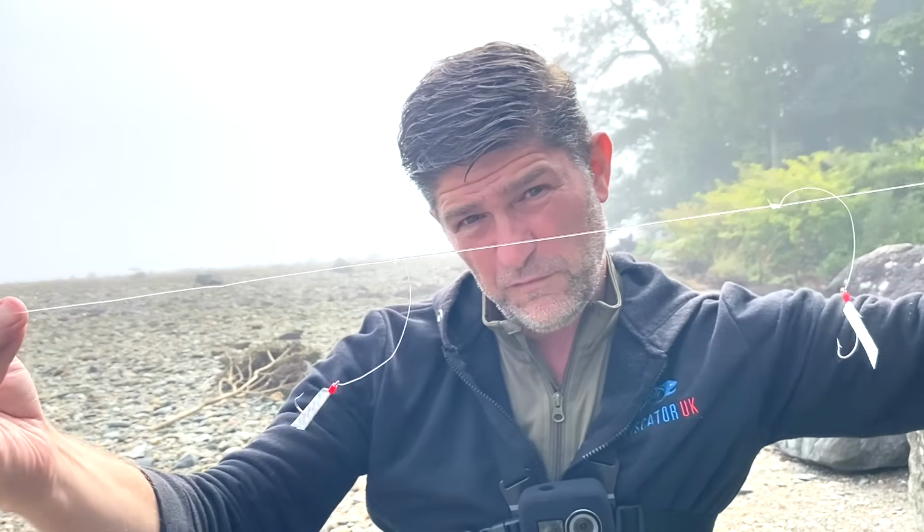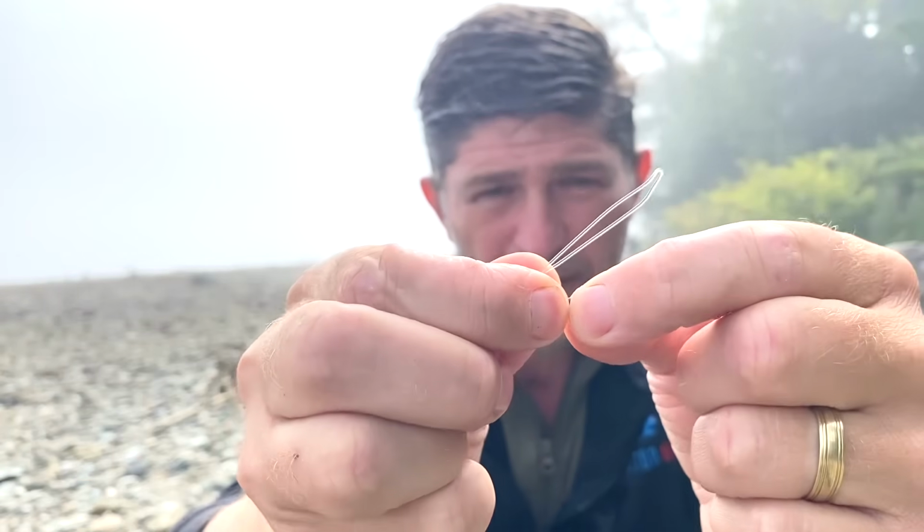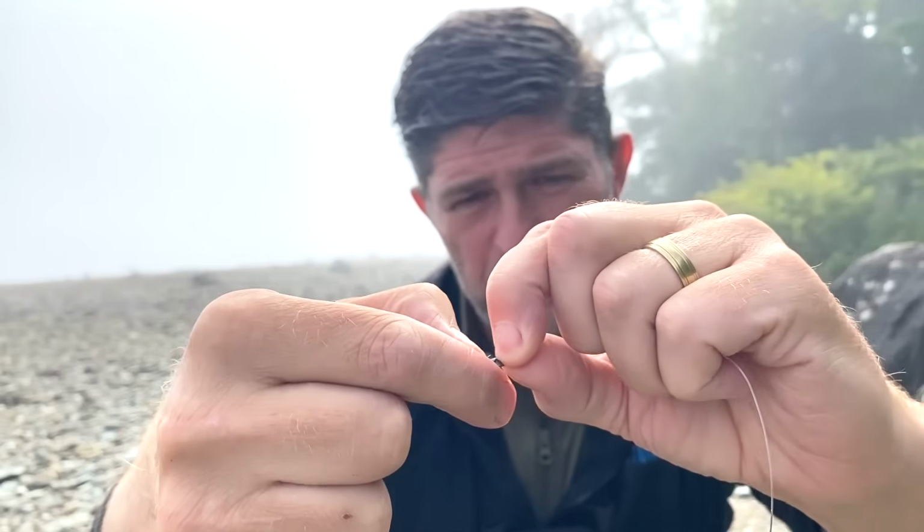So there's a loop at either end of the ready-made trace, and for mackerel fishing from the shore I just tend to use a trace that has 4 mackerel feathers rather than 5 or 6. I just think it's much more manageable, especially in areas like this. There is a bit of weed close to the shore and you can just lift the fish above it. So connecting the top eye of the mackerel feathers to my snap swivel,